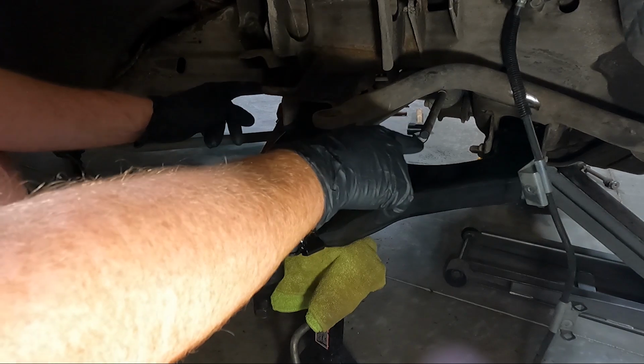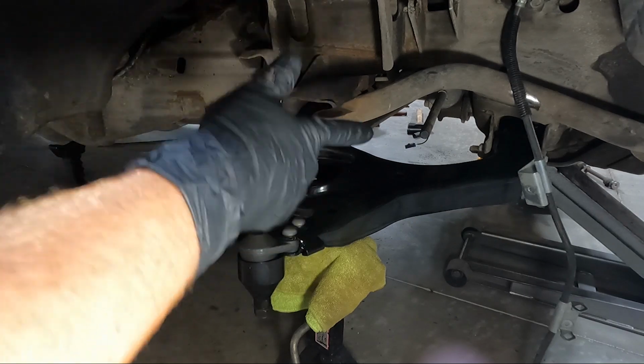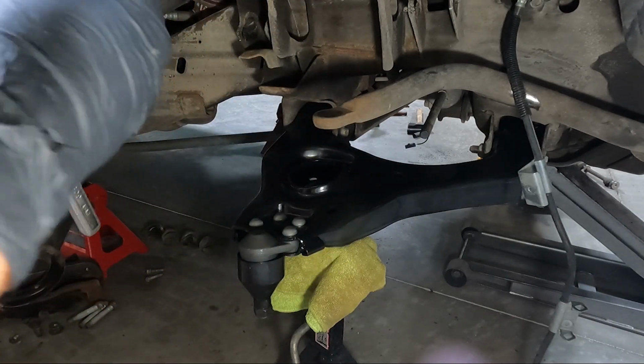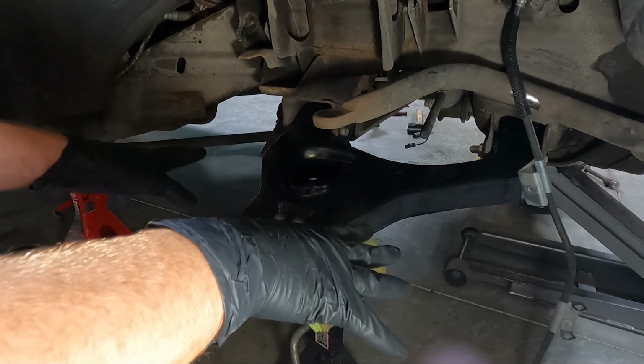These bolts, or the nut on the end of the bolt, need to be torqued to 129 foot-pounds, which is quite a bit. And remember, they're different sizes. The front of it's 18 and the back was what, 15/16, I think? Yeah. So go get your torque wrench, torque these to 129, and then we can be completely done with this,